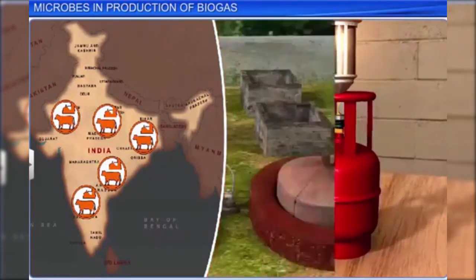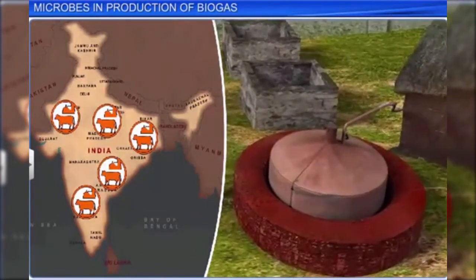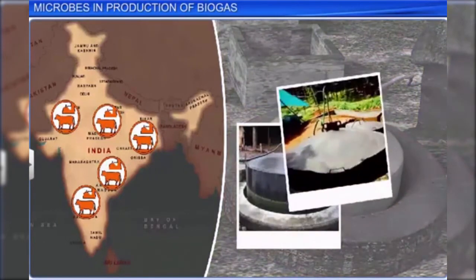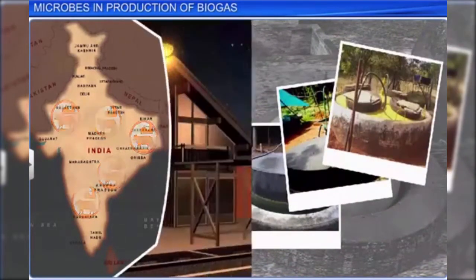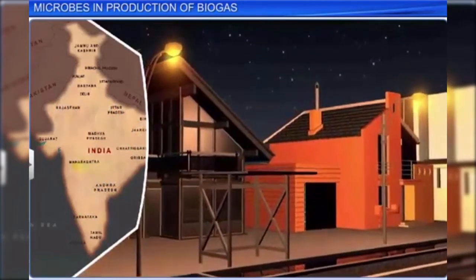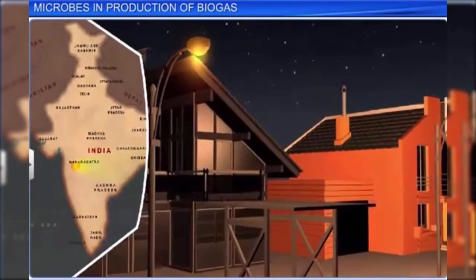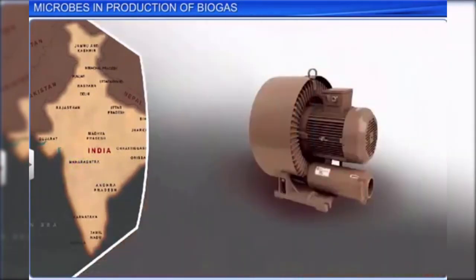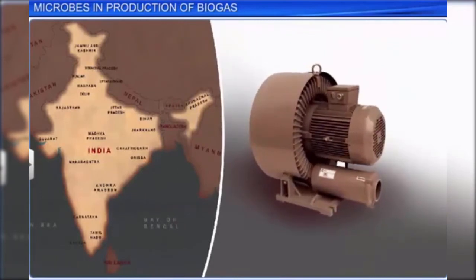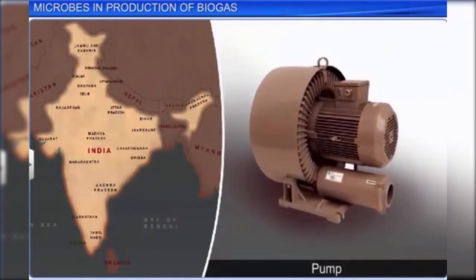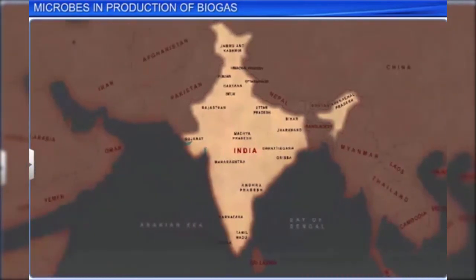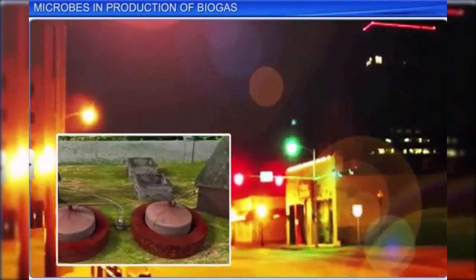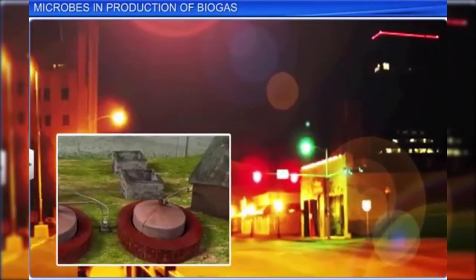As cattle dung is available in abundance in rural areas, many more biogas plants are being set up in our villages. However, even in cities like Pune, there are some commendable instances of lighting streetlights with biogas. Biogas can also be used to run electric engines such as pumps, as it causes less air pollution. Therefore, whether a village or city, establishing a biogas plant is an effective way to generate energy from wastes and this has been made possible by microbial activity.